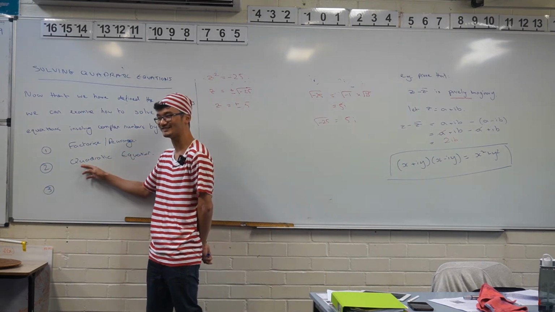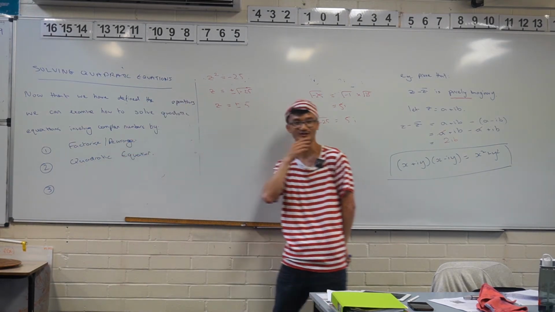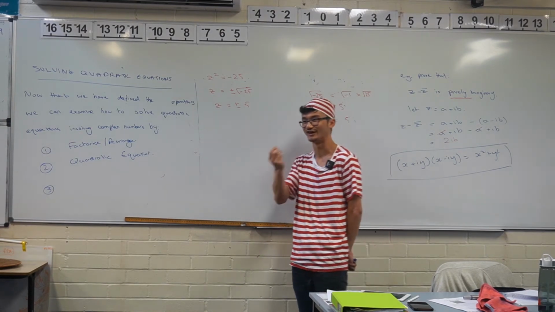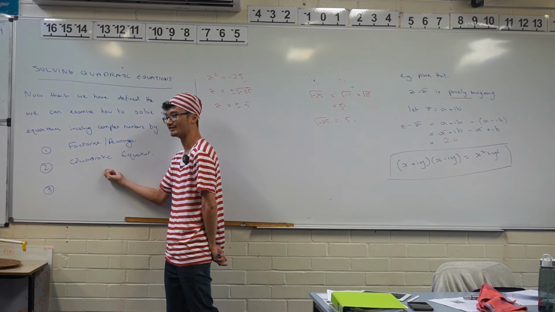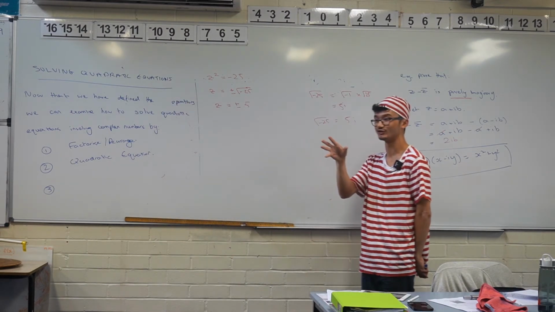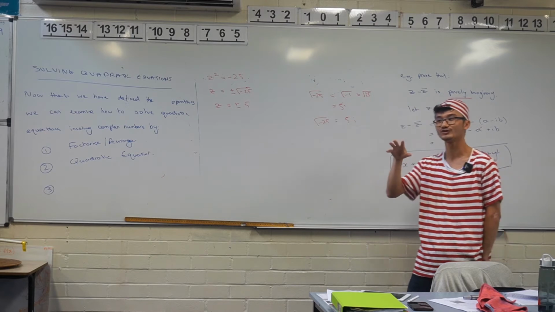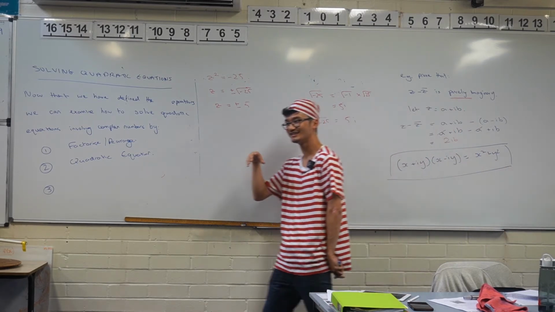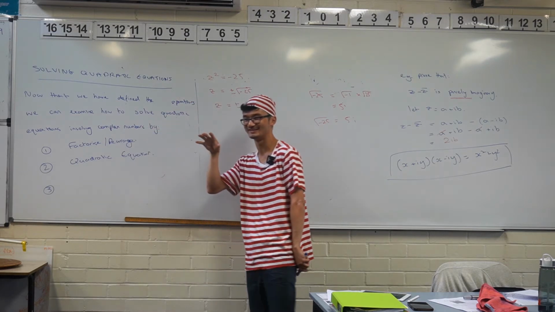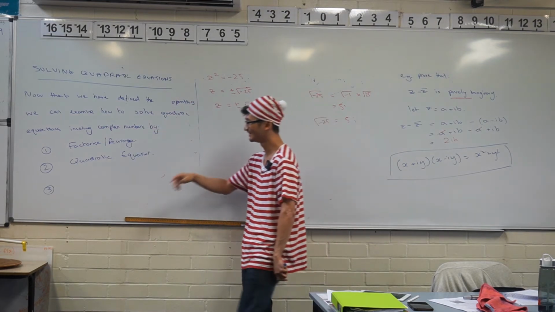The last way is actually also how you prove the quadratic formula. If you ever derive the quadratic formula, it's a very long, extensive proof, but how you start it actually requires this skill. You also do it when you're looking at the forms of circles and you're trying to find the center and radius. If you remember that, you have some powers of 2 there, and you have to,